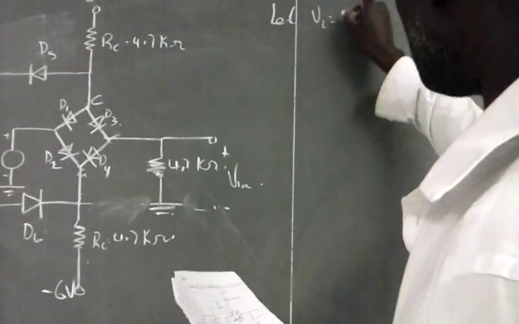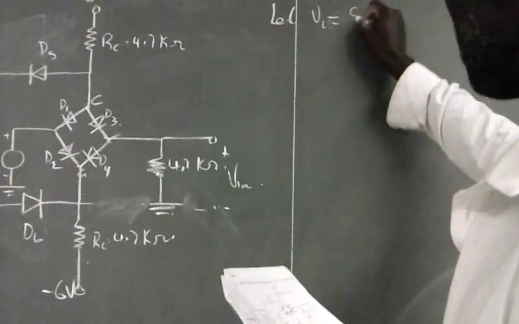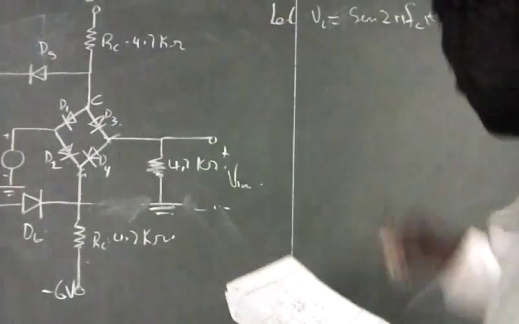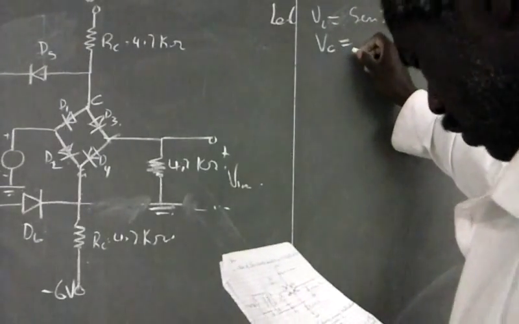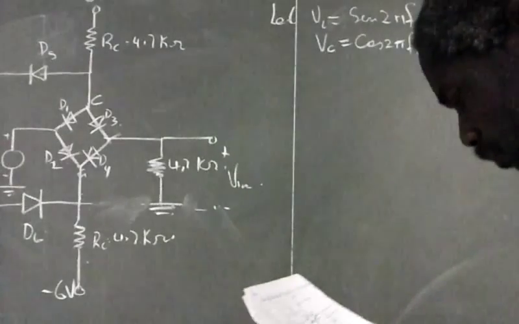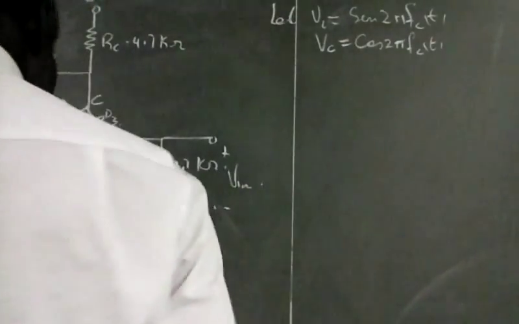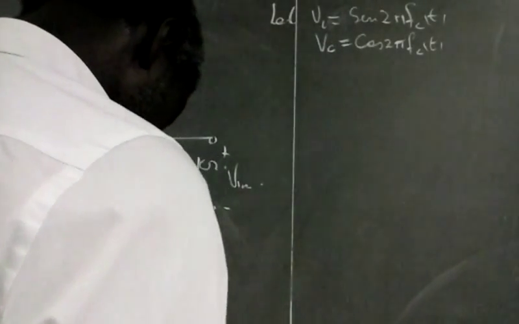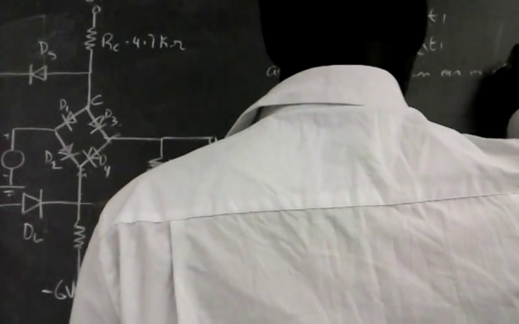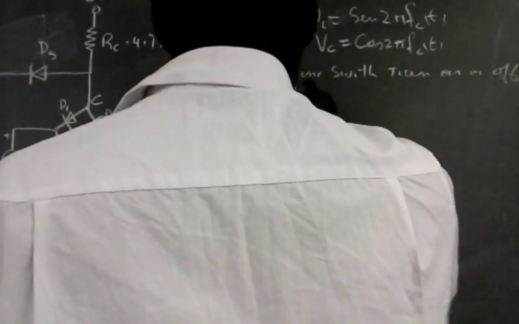Now if we let Vi equal sine 2 pi Fc t, and if we let the control voltage VC equal cos 2 pi Fc, then if we assume that the switch turns on or off when VC goes to 0,